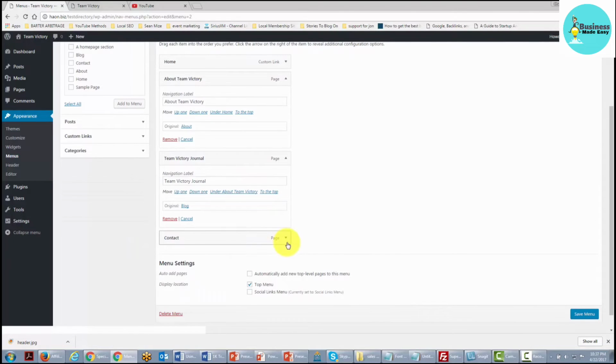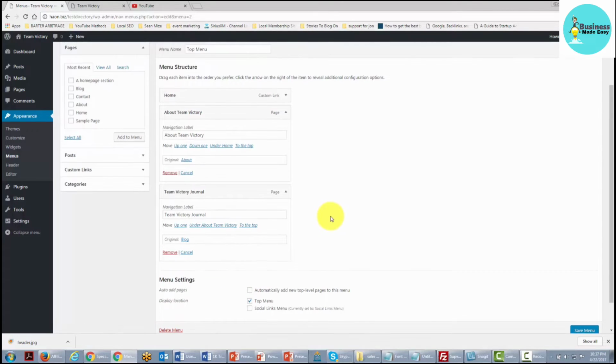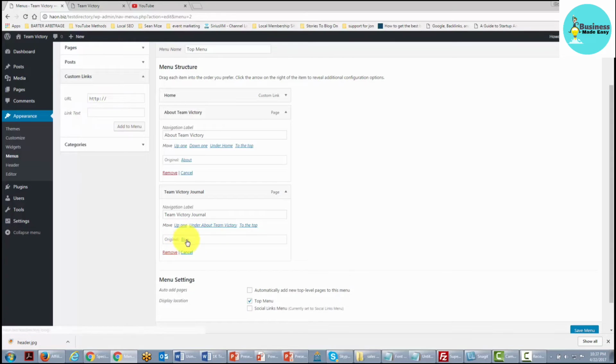And we're going to change the contact information, and we're actually going to remove this, and we'll talk about this a little bit more as we get to that section about our contact page. We're going to add in a custom link instead, so we're going to create a custom link and place that in the menu. So once we've done that, we're going to click Add to Menu,